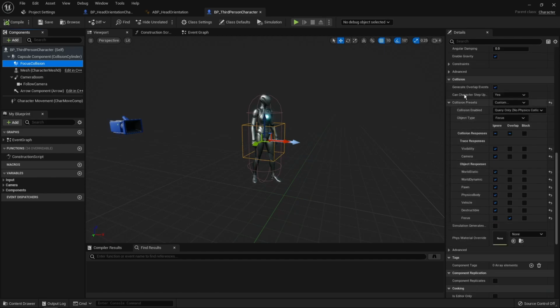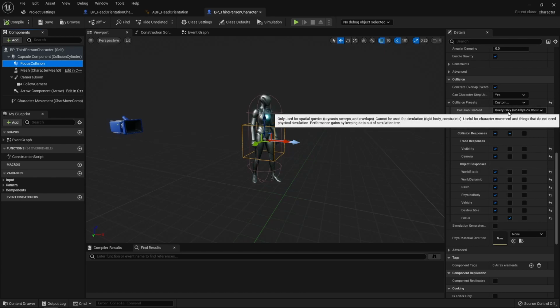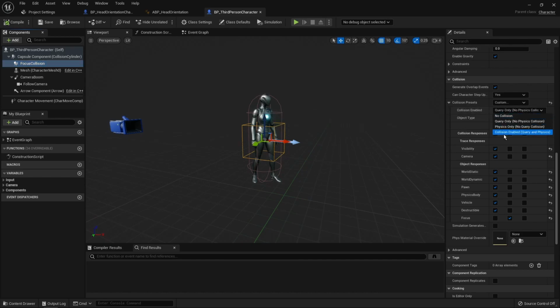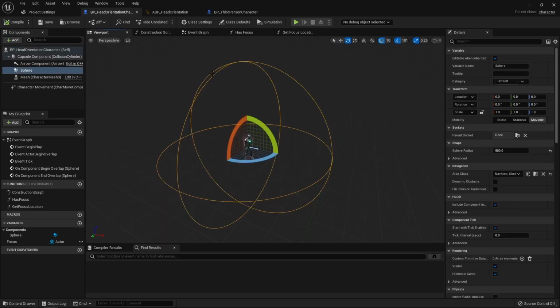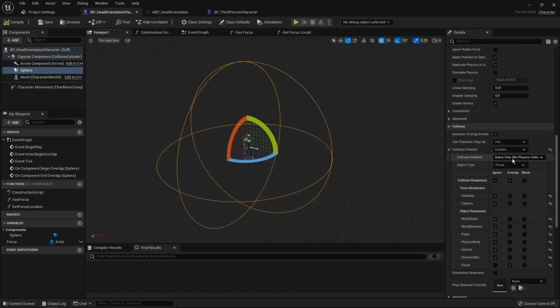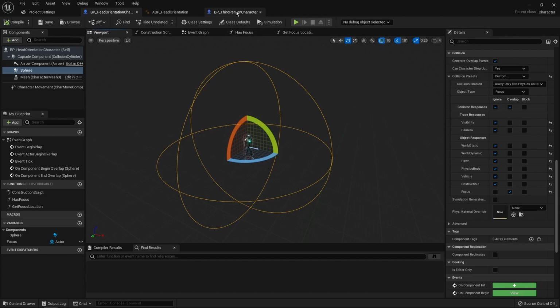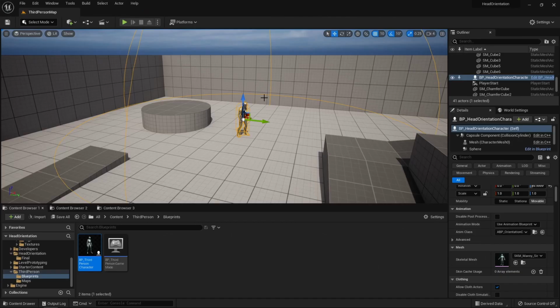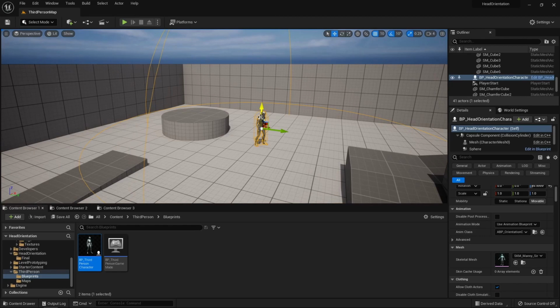And as we go into the collision settings, we can see that it has the focus object types. It needs to have the query only or the collision enabled, but the query only is enough. And it ignores everything except the focus channel, so that it can trigger the overlap with the sphere component of the head orientation character, which is also a focus object type. So with that, we can delete this one,